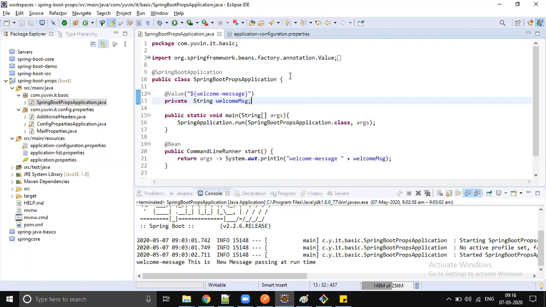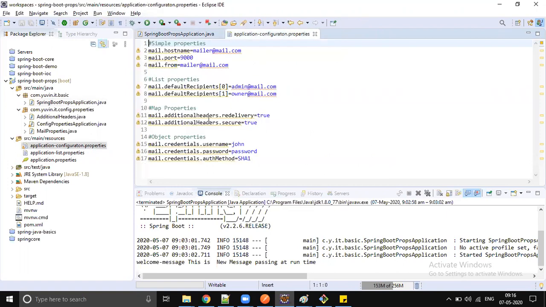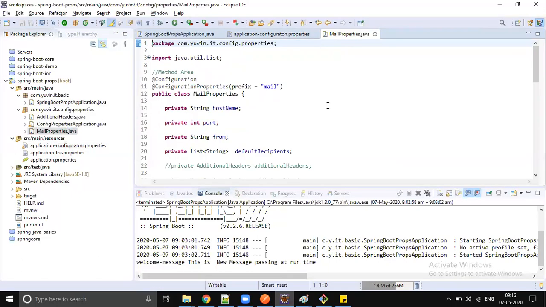So instead of using @Value, we use a concept called @ConfigurationProperties. You don't need to use any @Value, and your properties will automatically be bound into a Java file.